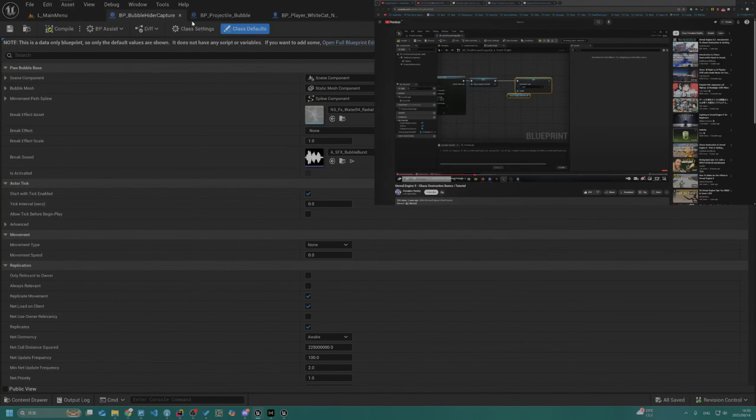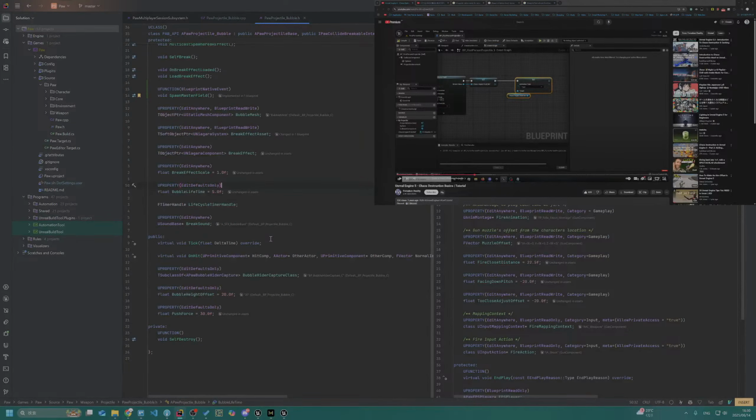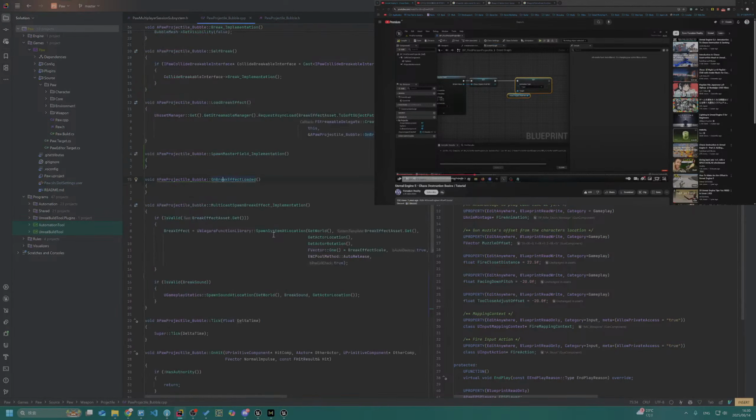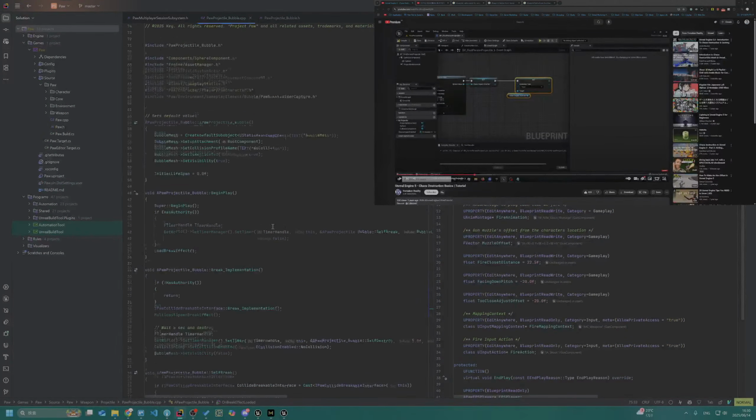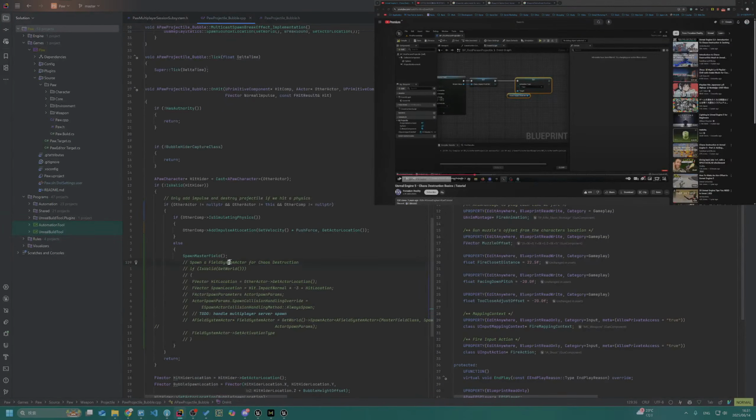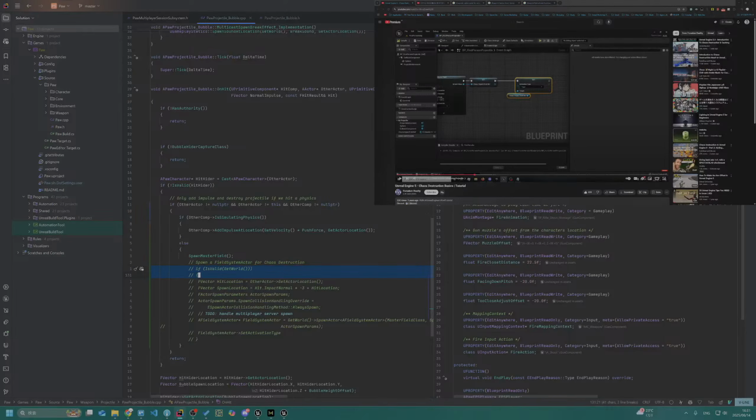Transform. I still need that. Spawn location.